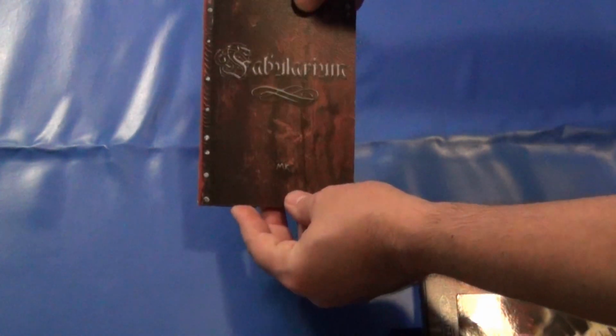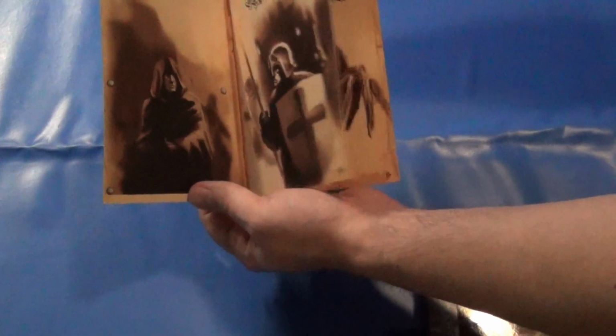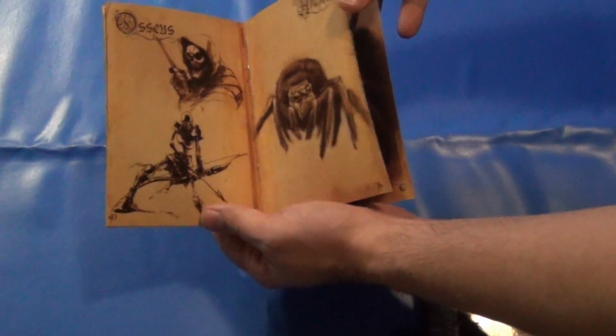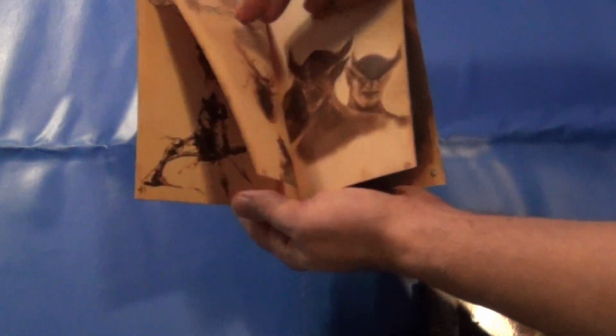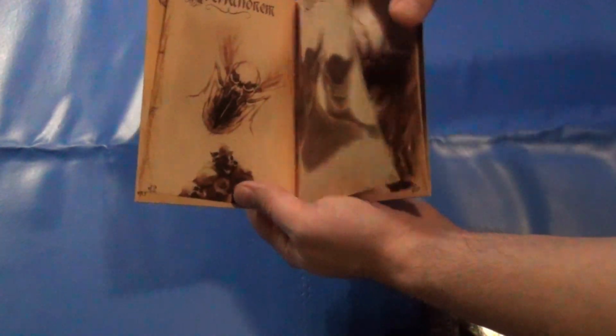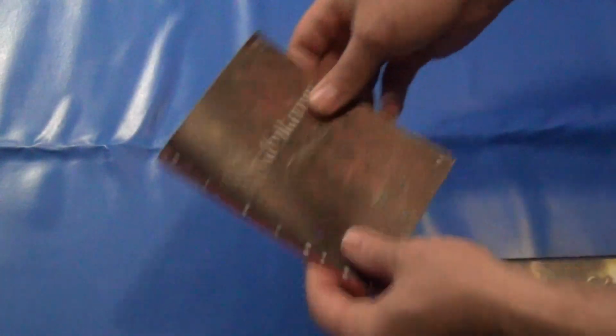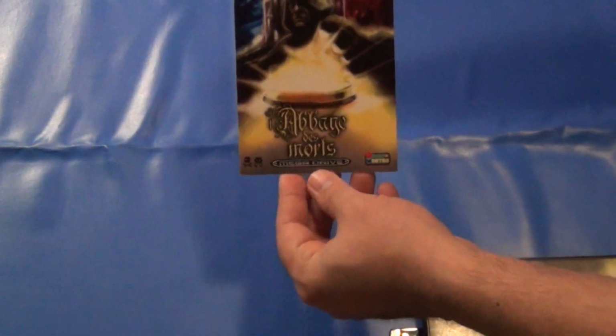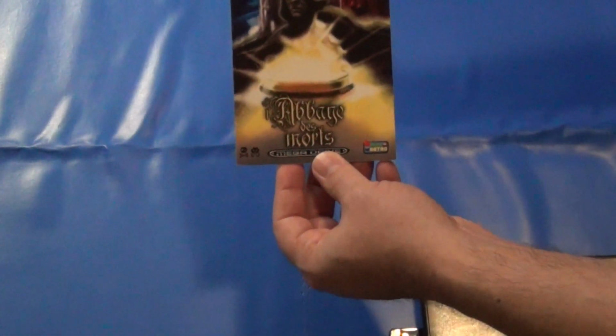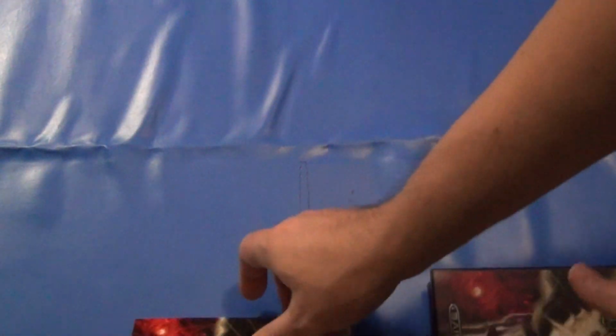The Deluxe Limited Edition also came with this little art book called the Fabularium, and it contains sketches and drawings and concept art of the various enemies in the game. There's some really wonderful stuff in here. It's very detailed. And then again, like I said, an individual personalized postcard that contains artwork, the main title artwork for the game. And then you have the game itself,